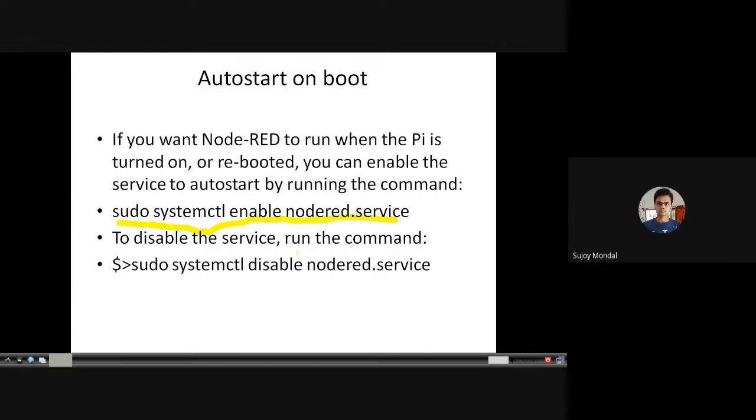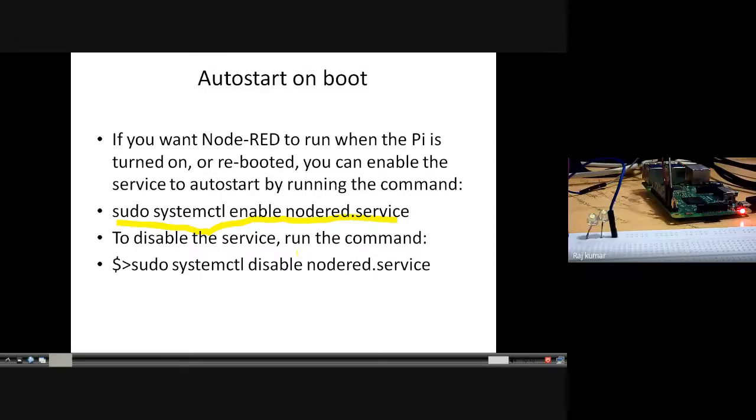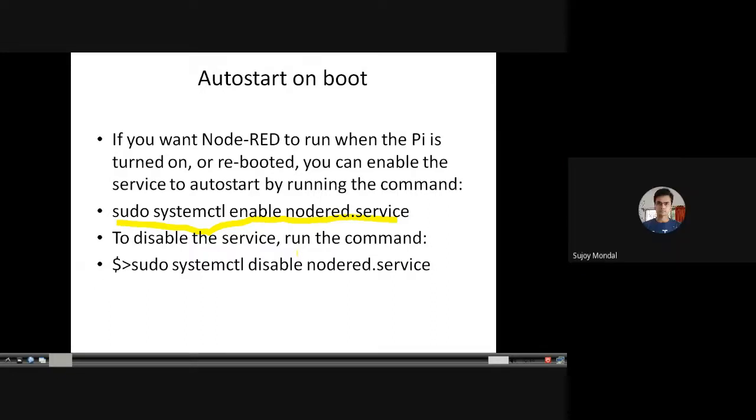Yes, sir. That I understood. But my question is more specific to a particular application. As you showed, there are flow one, flow two, labeling, something like that. Suppose out of these 10, I would like to execute any one of the applications. Understood, sir. I will resolve it in the next session. Okay, thank you, sir.